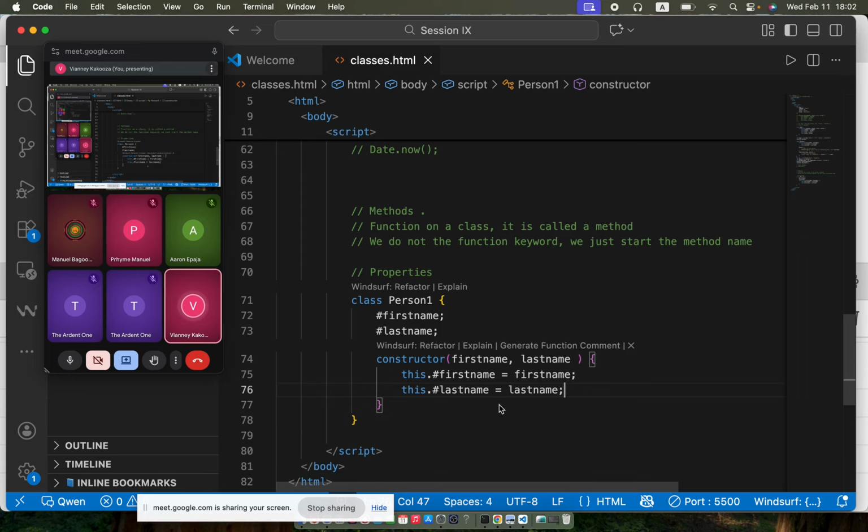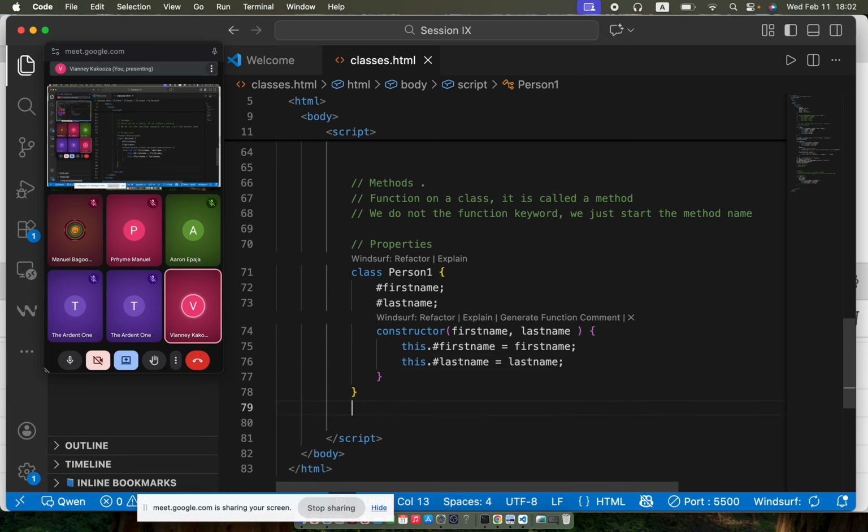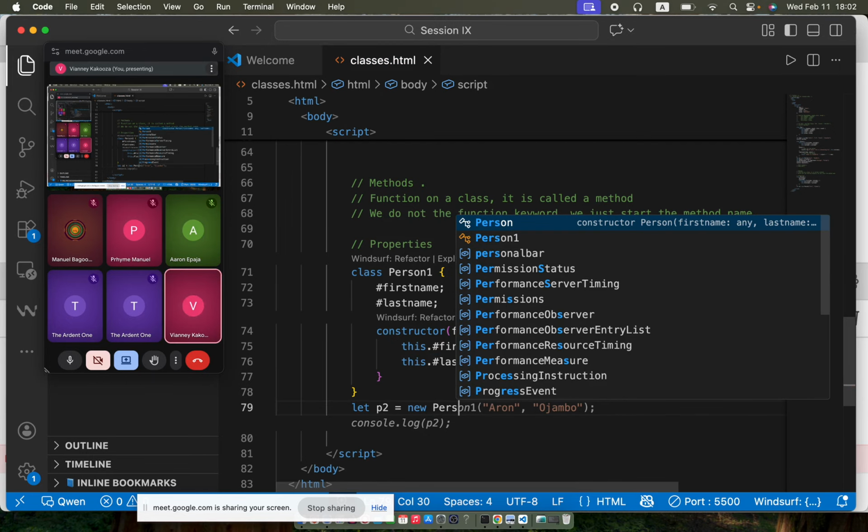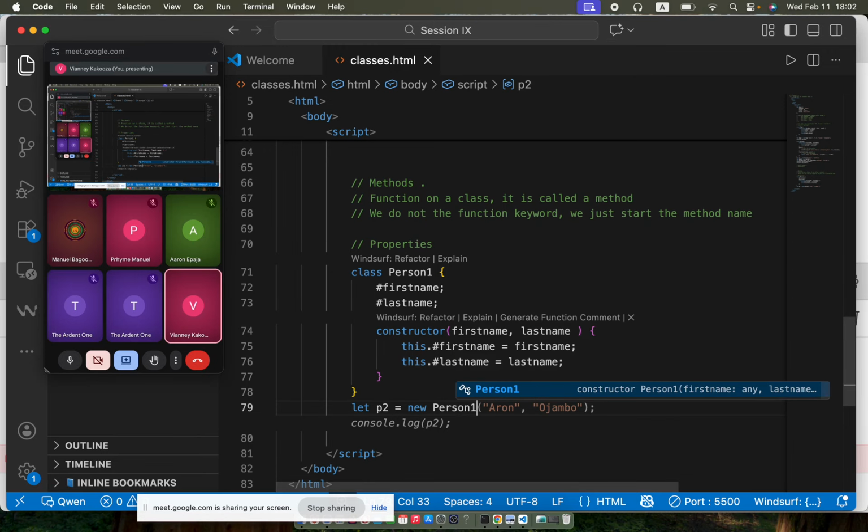So in any case, if I console log this, we shall get an error. So if I create a new object, p2, to be assigned to new person 1,